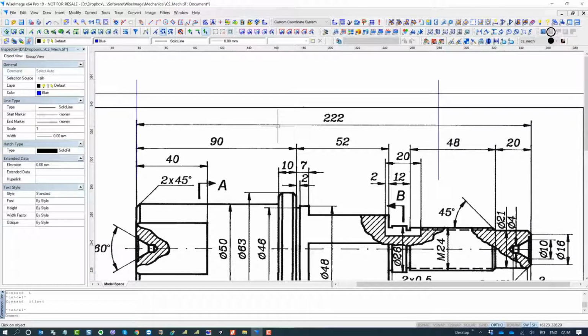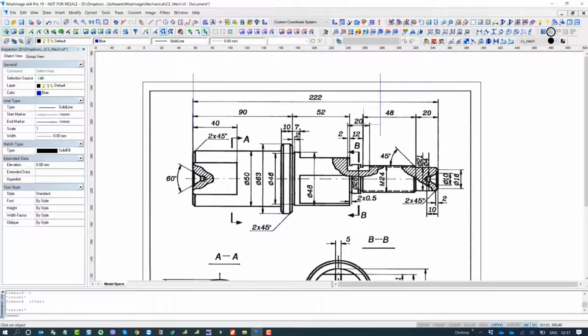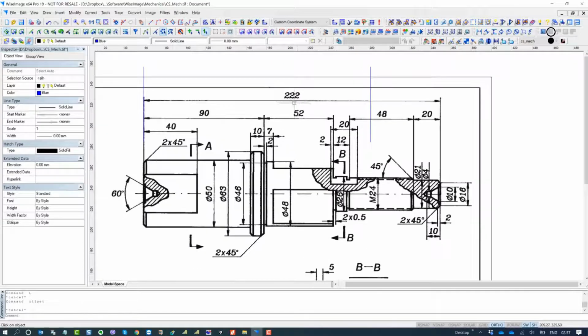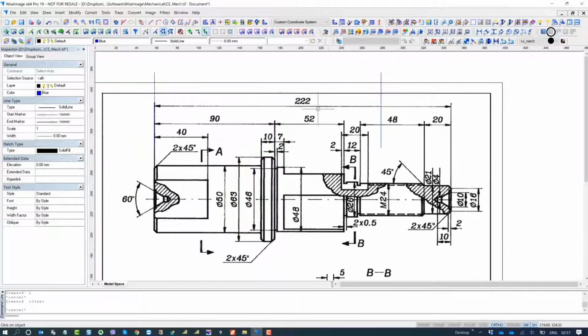So now we need to scale the image to match the dimension, right? So in this case we have to use the custom scale. We can use the same dialog box to match the scale of this image, right? So we need to use the custom scale to match the representing dimension to the drawing dimension, right?